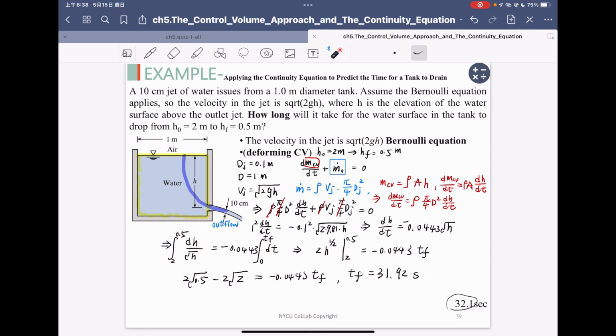So these questions involve the integration ideas, but the final answer we are required to find here is how long. So you do the integration and then you can find out the final time point. Okay, so today we have a script, so I spend